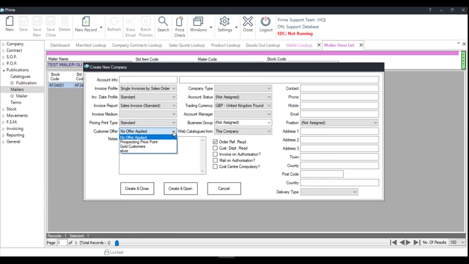You can say straight away, rather than opening the company, then go into the products and pricing and saying they're on the gold customers list or they're on the prospecting customer offer, you can do it from this screen, assign all the information and then create and open. If you've not entered the information that's mandatory set up in your admin, which I'll go through in a second, it would then prompt you to say, right, okay, you need to enter who the account manager is. So it stops creating companies without the information that you're wanting to see in your database. So if I just log into the admin,